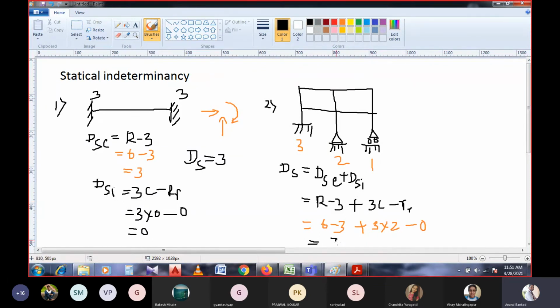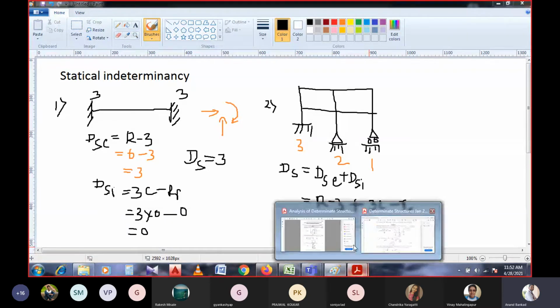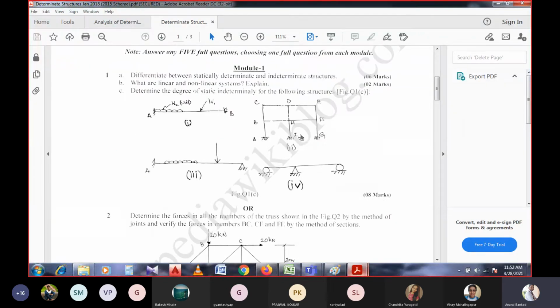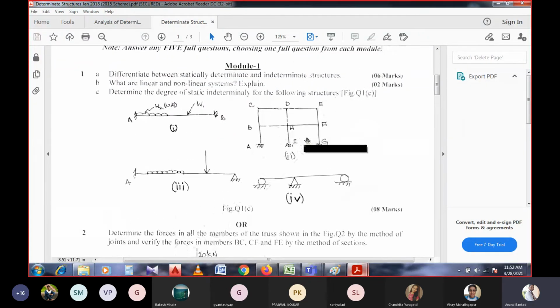So 6 minus 3 will be 3, plus 3 into 2 will be 6. That is a total of 9 degrees of statical indeterminacy in this structure. Is that clear? Similarly, in this question paper it is asked to calculate